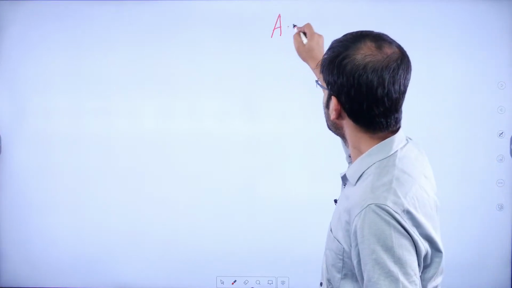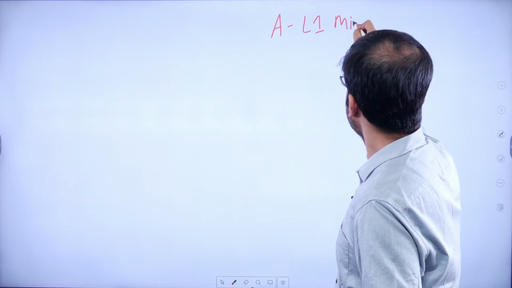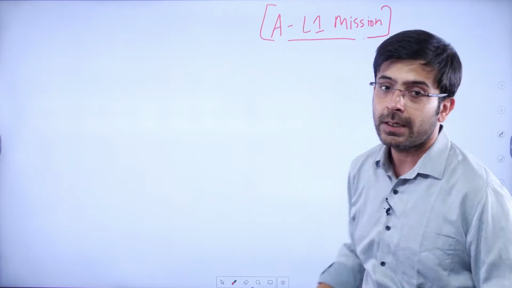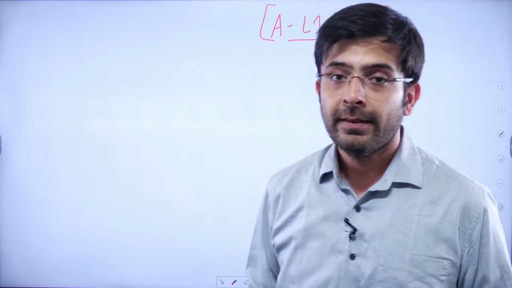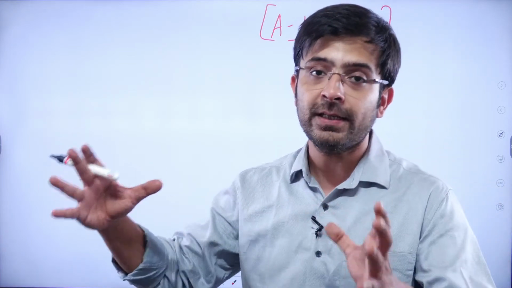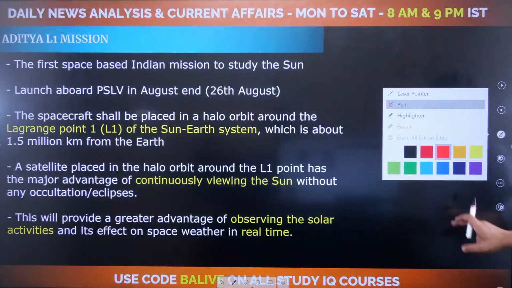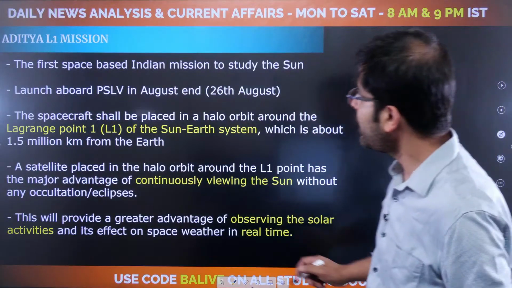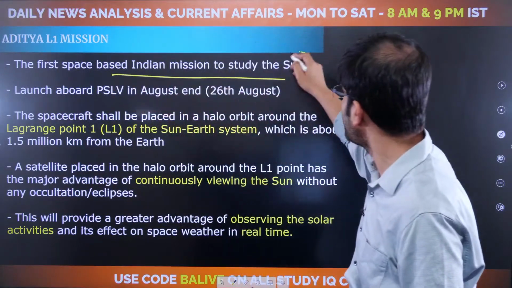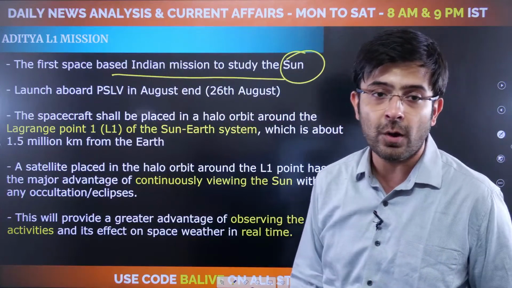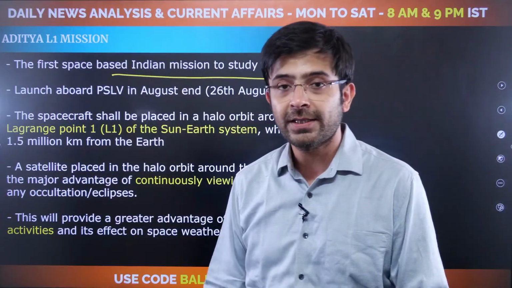Okay, let's get forward. And today, we'll discuss Aditya L1 mission. All right. And in that case, the first thing that you should understand straight away is that it is a first ever sojourn towards the sun. Okay. This is India looking to study the sun up close for the first time. So let's look at a few facts of the case first. Okay. The first space-based Indian mission to study the sun, well, the approximate date that has been put forward is August the 26th. However, that's not important for us.